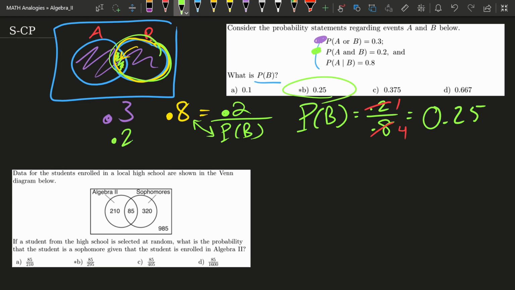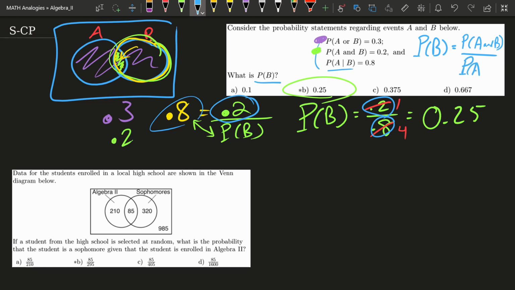Now, when all said and done, if you did want a little shortcut here, what we could write is the probability of B will equal our 0.2, so that is the probability of A and B, and then what we did was we divided by the 0.8, so 0.2 divided by 0.8, that's the probability of A given B. So we could have used that little formula to immediately do the 0.2 divided by the 0.8